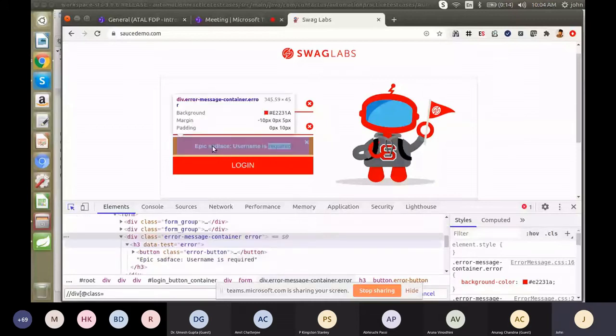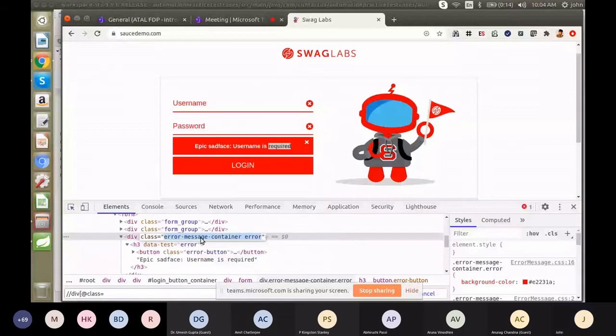Okay, I'm pasting this one. Yeah, now it is located. So only one path is available. I'm going to copy this XPath and we'll see.